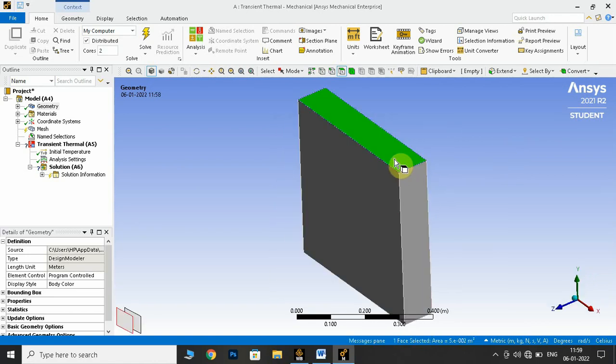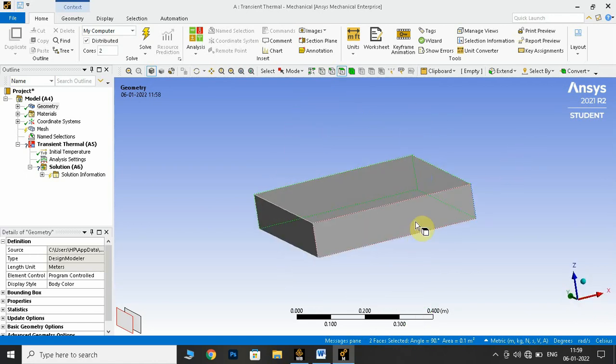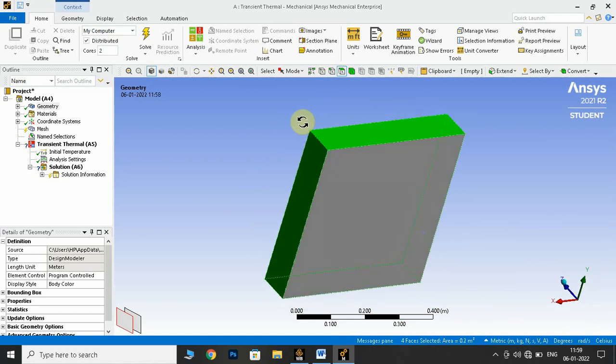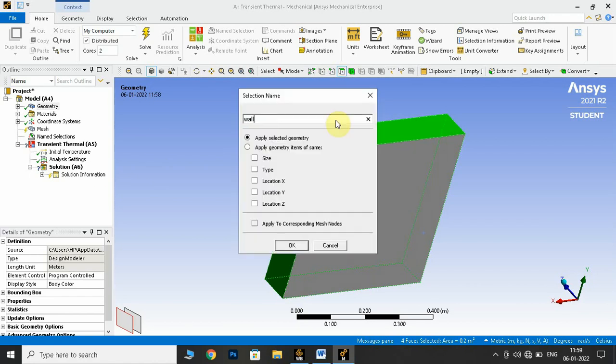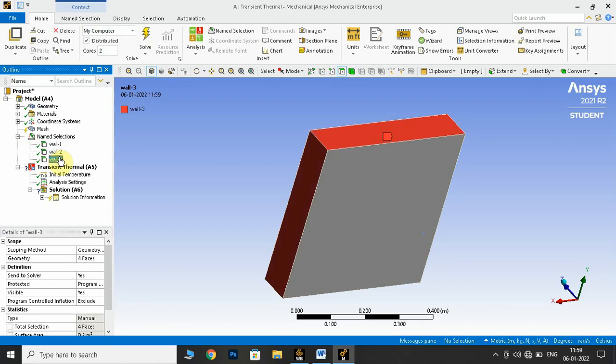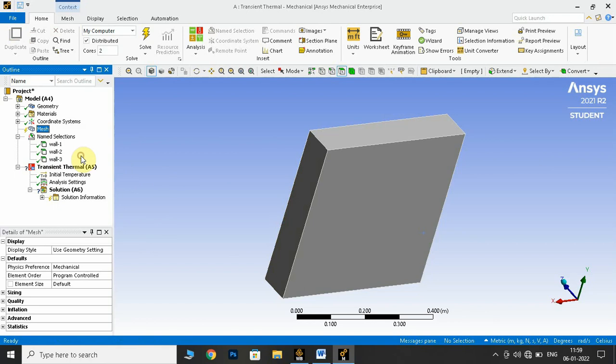So click, hold the control button, click again. Now rotate it, again click the control button. Now click the rest of the two surfaces. Now you can see the four surfaces are selected, and you can now click N and give it as wall 3, enter. Okay, so yeah, we have named selections wall 1, 2, and 3. Now we have to generate the mesh. Generate mesh,